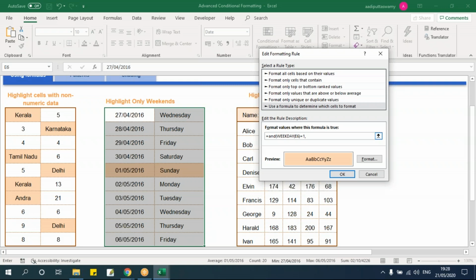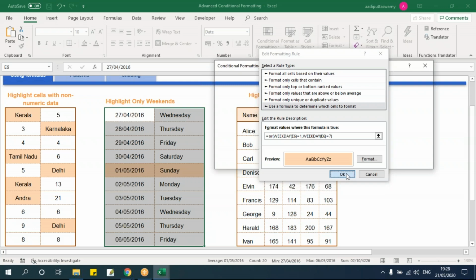I'm saying weekday of E6 is equal to 1, and here I'll say weekday is equal to 7. So I'm mentioning here AND weekday of E6 equals 1, and if it is 7, then I need to highlight this. So I think we should use OR here, sorry, OR operator. That means any one of this.